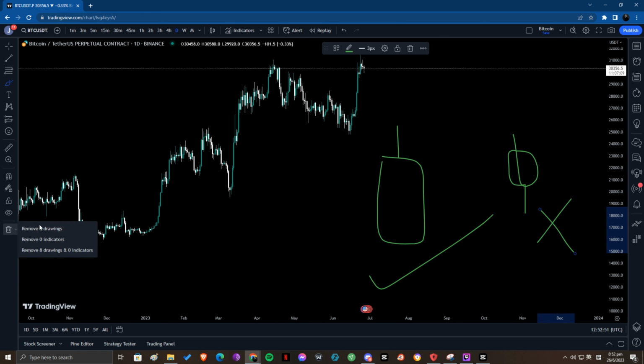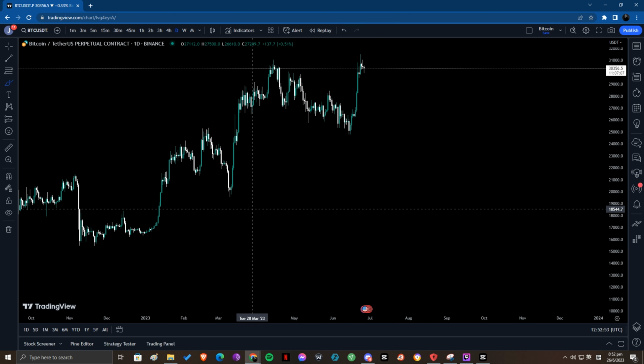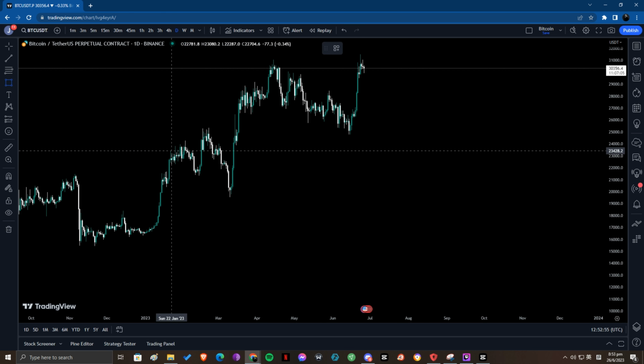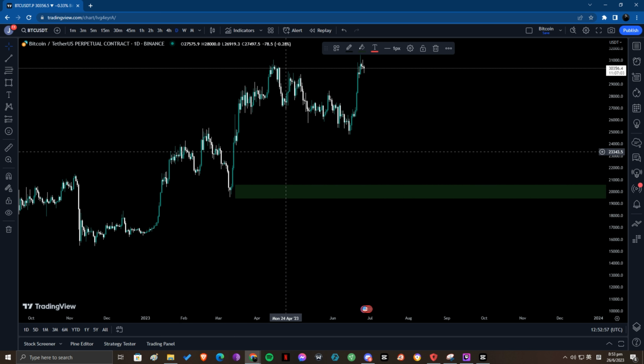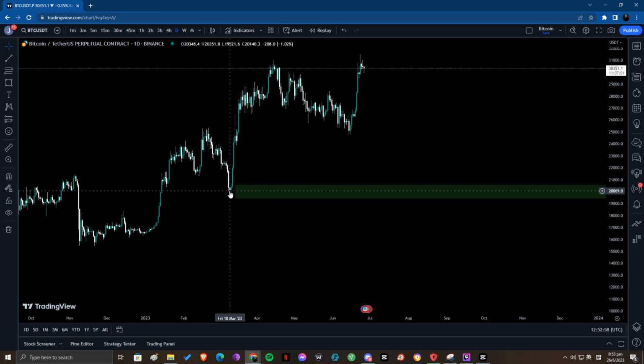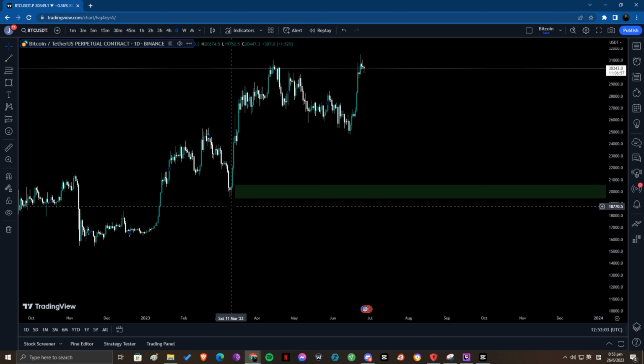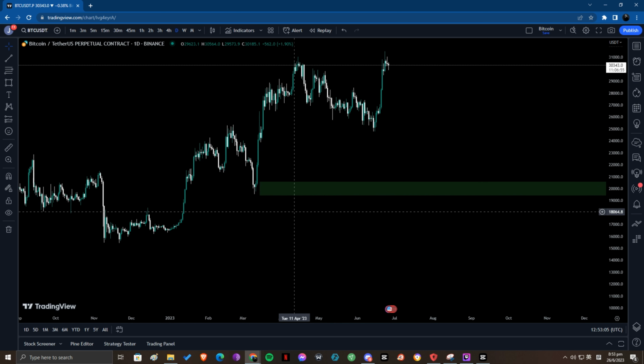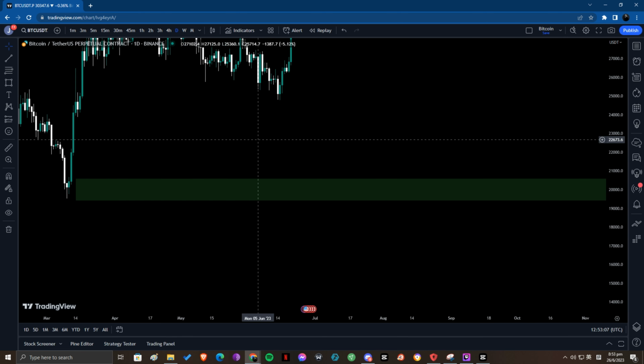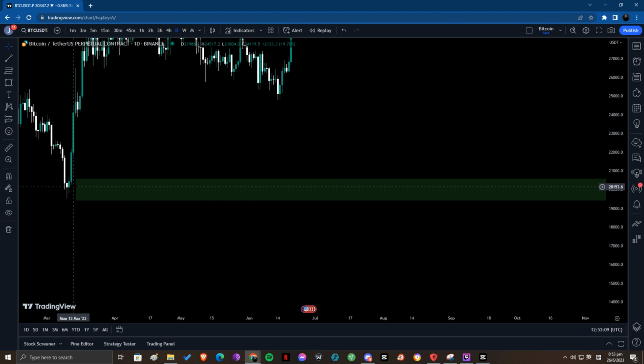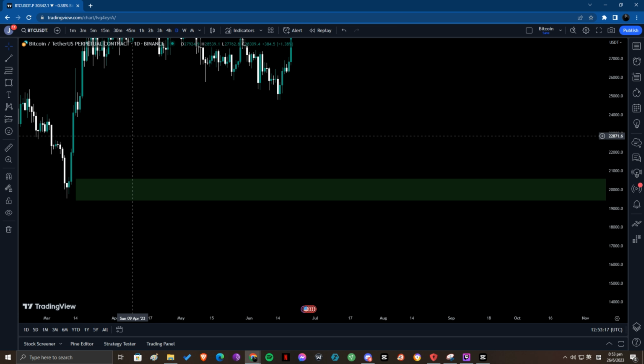Now that you understand what an order block is, do you think this is considered a strong order block? This little white candle before a move up, do you consider this an order block? Yes, this is an order block, but is it a strong one? Look at how much body there is. The body is less than perhaps 30% of the entire candle, and the wick takes up 70% of the candle. So this qualifies as a weak order block.